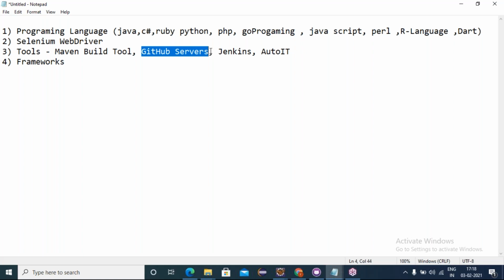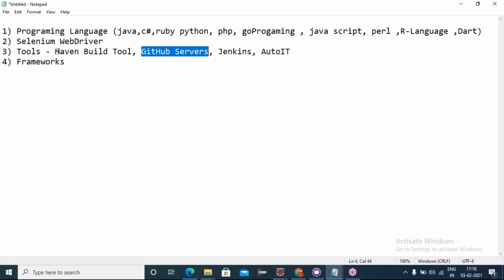Before GitHub server, we had VSS. After that, we had SVN as a source version control tool. Now we are working with GitHub servers. Almost every company is using GitHub servers as the source version control tool. No SVN and no VSS, those are outdated, just like the build tool Ant is deprecated. Before Git we had source version control tools like VSS and SVN. Those are outdated now. Now the trend is GitHub servers.